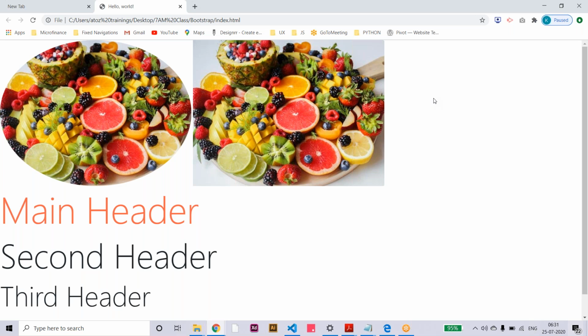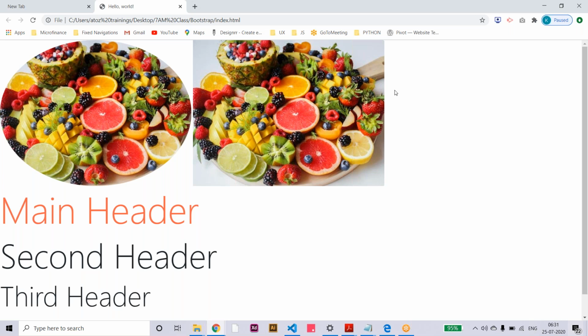Okay. So yesterday in class we used the Bootstrap image classes for making circle and round corners, right? There is no shadow class in Bootstrap for images. In Bootstrap 3, they introduced the box shadow for images, but in Bootstrap 4.5, they removed it. So we have to create it manually. Suppose you want to apply any shadow to those images, we need to write our own CSS. Like this you can use it, and one more thing, you can apply the responsive class also for the image.